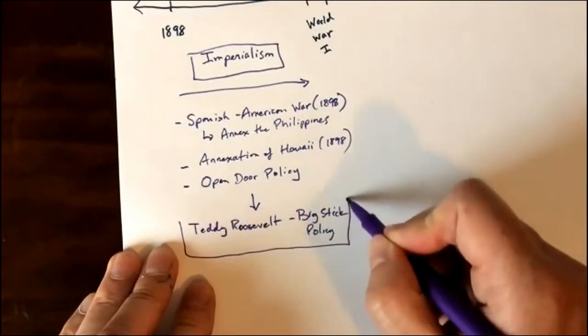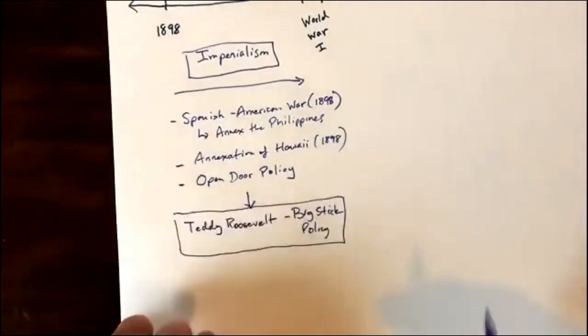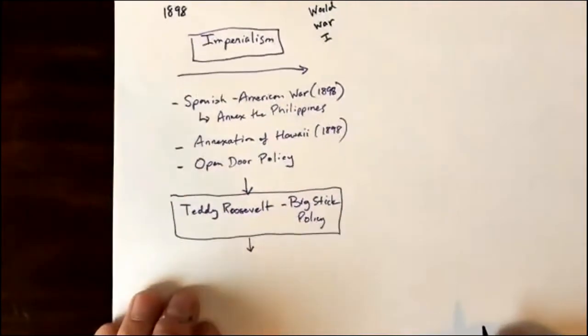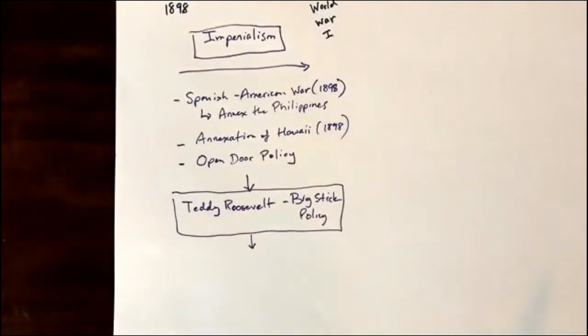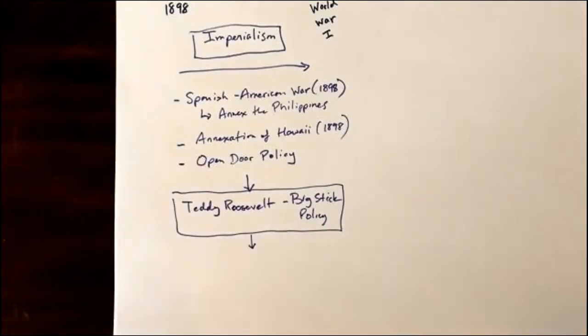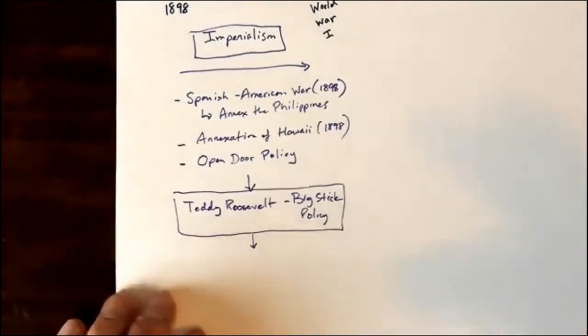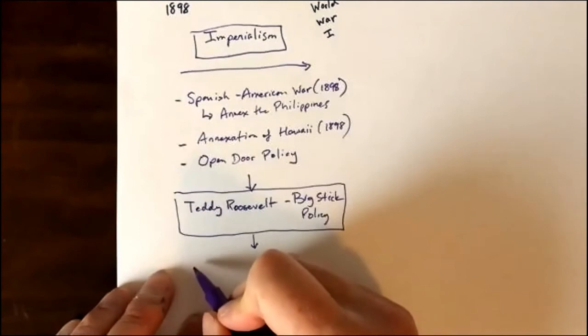And the best example of that would be, it's under Teddy Roosevelt that we take the Panama Canal. Teddy Roosevelt is imperialism because we see him trying to negotiate for the United States, but when those negotiations break down, he is willing to use military force in order to build up American power. After Teddy Roosevelt, you've got Taft,